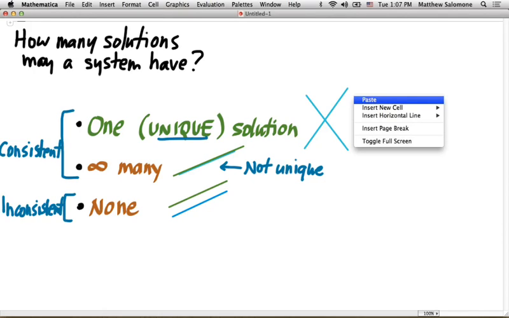But the fact that this does classify the solutions of all systems, regardless of how many equations and how many variables, is something that we're going to take the rest of the week to explore. So what you'll do in the homework this afternoon